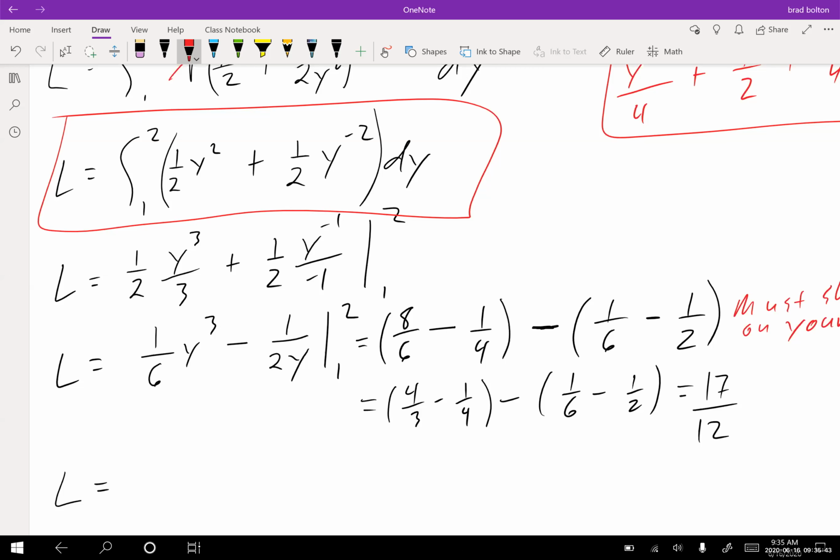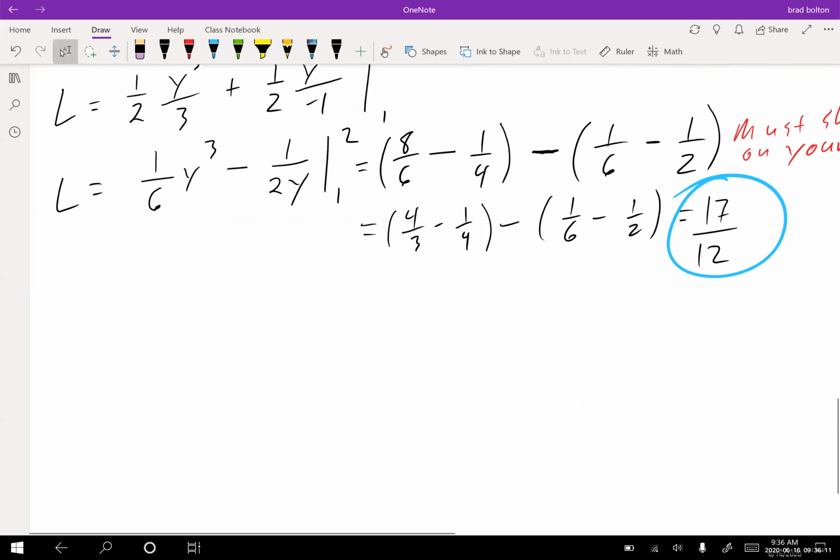There are some homework problems that actually ask you to use technology because the problem cannot be integrated. So just keep that in mind. There are certain problems in the homework that you cannot integrate by hand. They just ask you to set it up and then use your calculator to hit enter, okay? If you guys are having trouble using your calculator to do that, please come to a meeting and talk to me about it and I can go over that with you. Okay, so L is 17 over 12. Okay, so